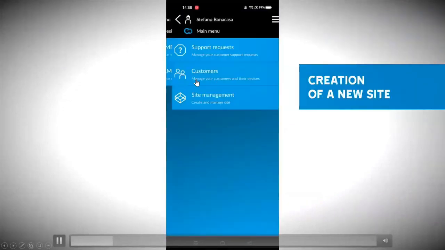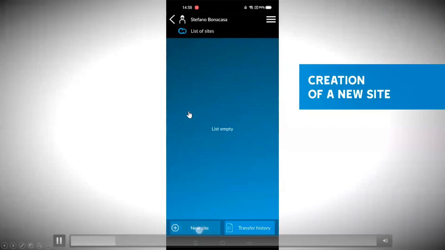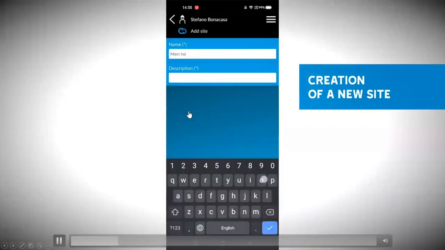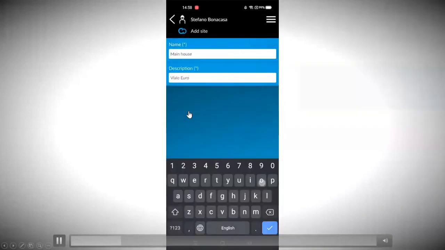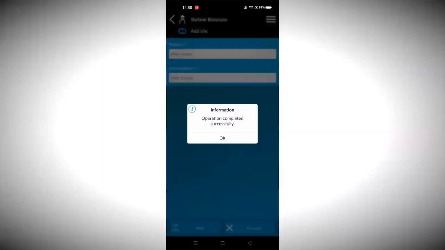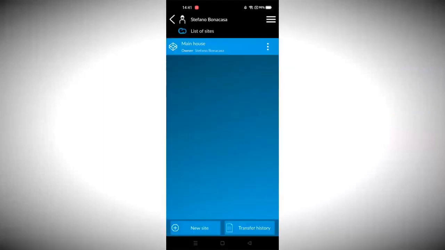You're going to click on Came Connect connection. You go to site management. You're going to create a site. You're going to add a name: main house, farmhouse, or whatever. Once you create the site, you're going to add the automation,